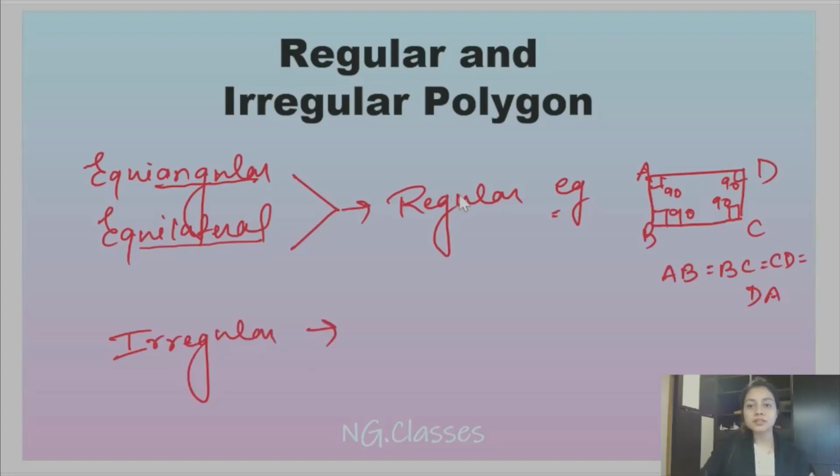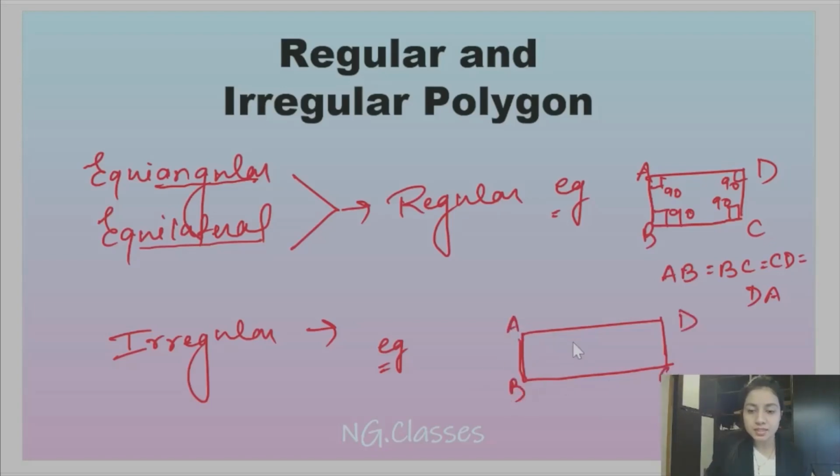The exact opposite or exact reverse of regular will be an irregular polygon. So, let's take one example, that is a rectangle. Is this a regular polygon or an irregular polygon? So